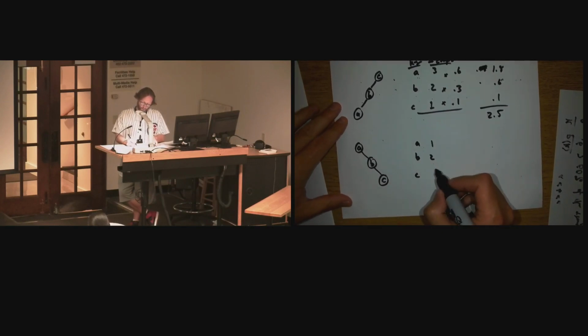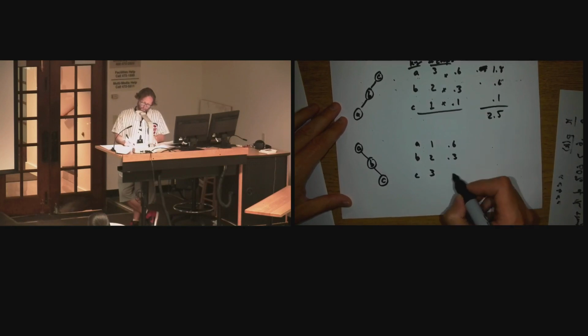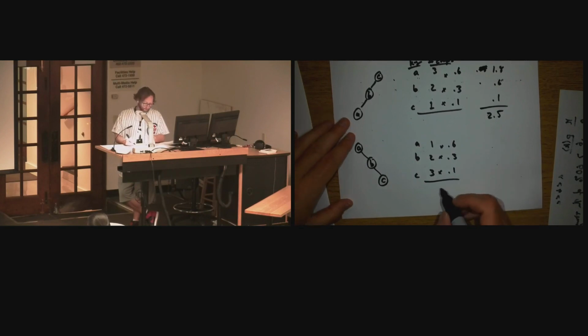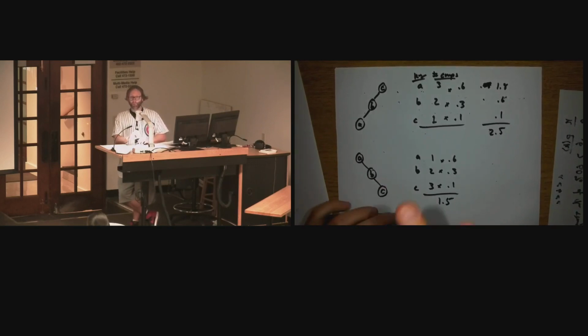1, 2, and 3. But with a distribution of 0.6, 0.3, and 0.1, what do I have now? 0.6 plus 0.6 plus 0.3 is going to be 1.5. Example, how many 3 keys